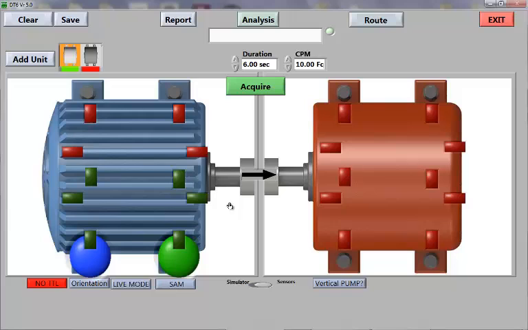And that means that you have data now. So just like when you hit acquire and you run it for a certain amount of time, and then you get data, and then these guys turn green, the live mode will do the exact same feature. Once it's done processing that data,